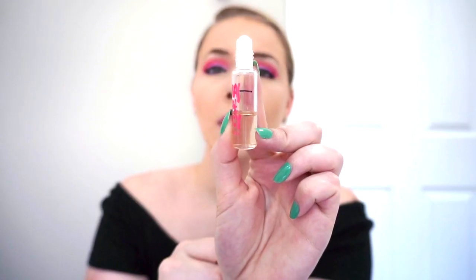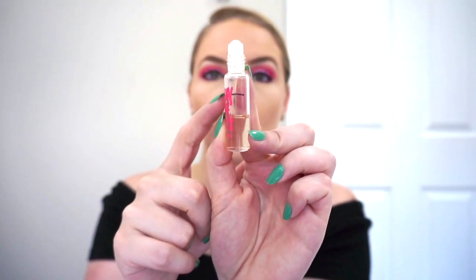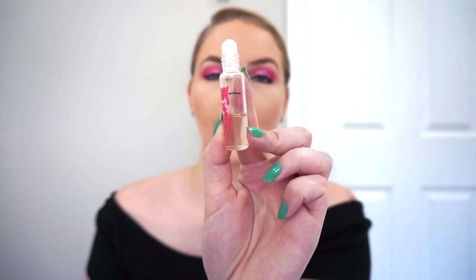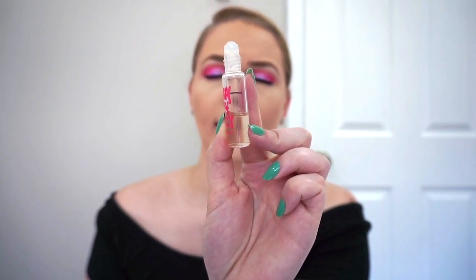So for my perfume, I was trying to work on one every season. So we are on to my summer perfume, and this is a Rollerball of Viva La Juicy Original, and then my fall perfume is Viva La Juicy Noir. So I have not used this one at all yet, but I have used my summer scent. So this is what my Rollerball looks like. It was completely full, but now we are all the way down here. So I only have like half the product left,